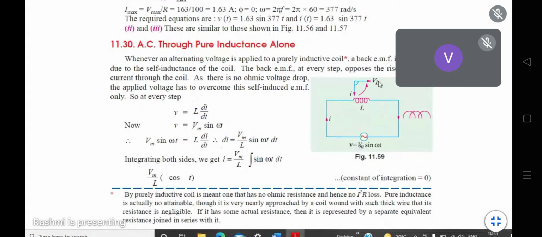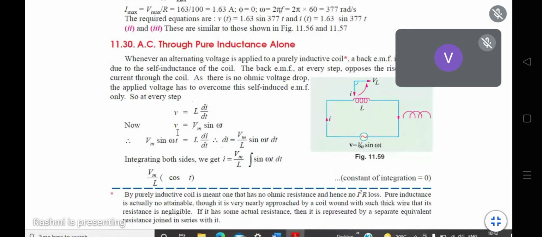That is VL. So VL will lead the current by 90 degrees. We will see here how it happens. Now see, what is the formula for the inductance? V is equal to L di by dt. So put this,